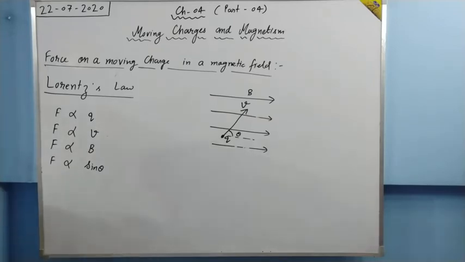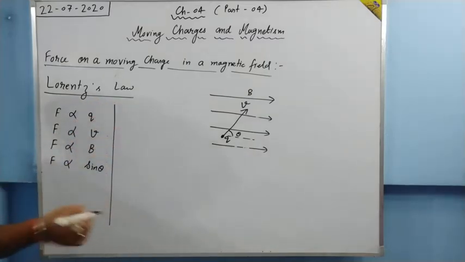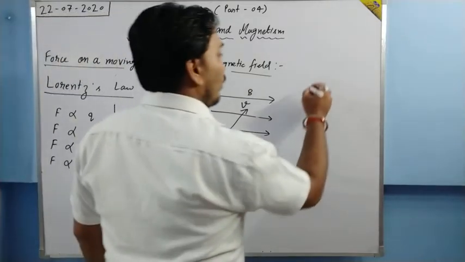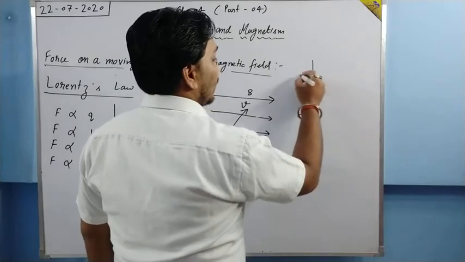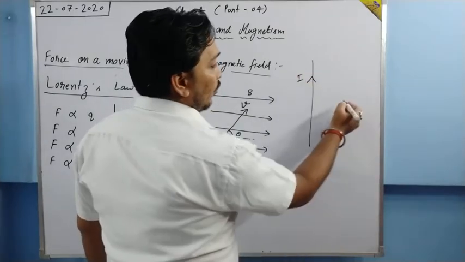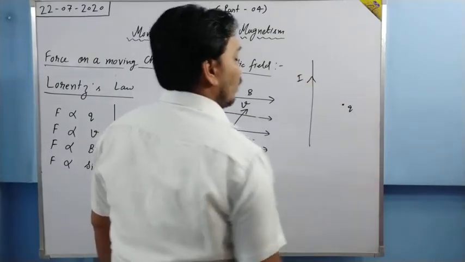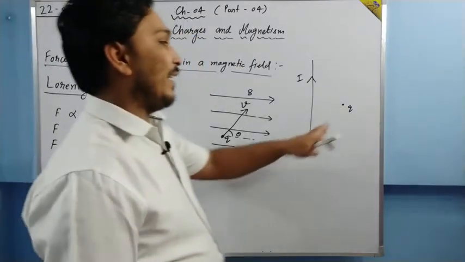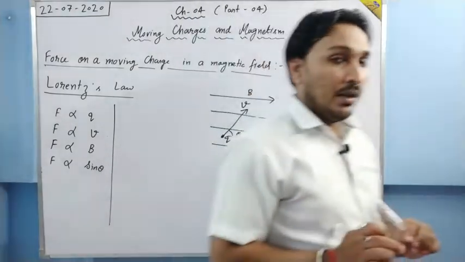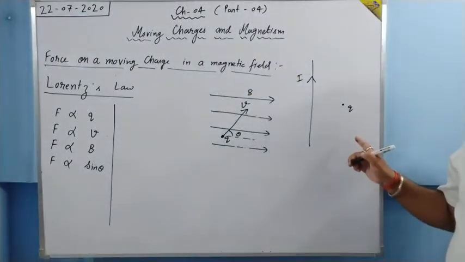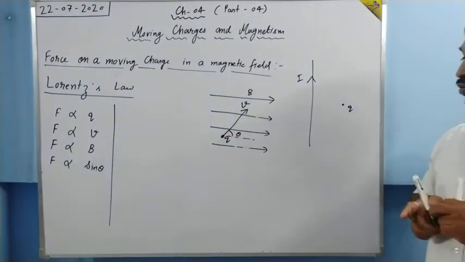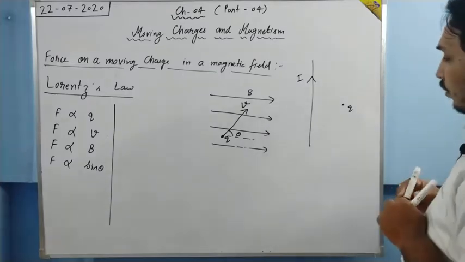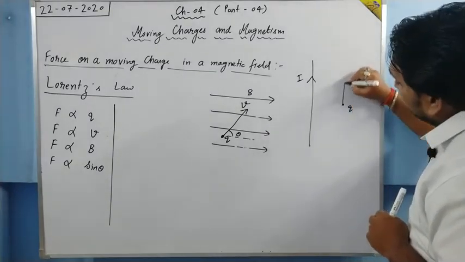Okay. So let me give you an example. We take a straight wire carrying current I, and we put a charge Q over here, right? Now what we see is, if this Q is at rest, then there is no force acting on the Q. But what we actually do is give it a velocity in this direction.